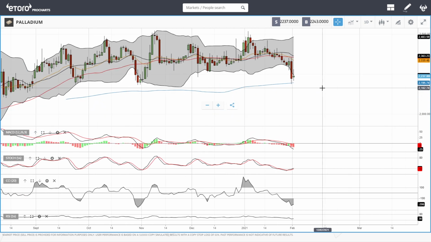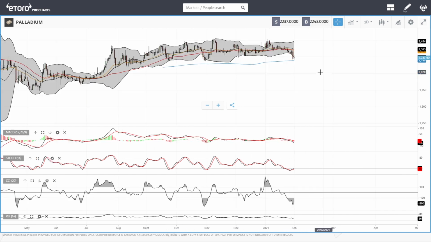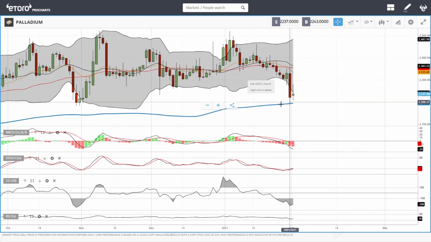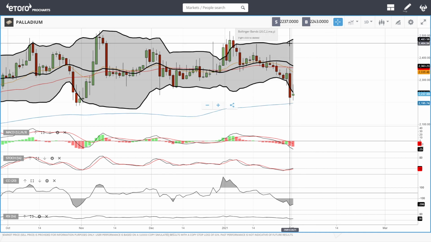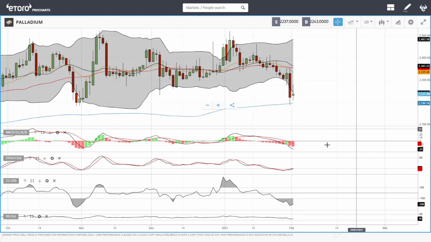So as you can see, we fell all the way down to the bottom, to the 200 moving average. We are trading within this square here. We are way down here in the bottom. And usually what happens after this, we rally to the upside. So we can get rid of this. We are also outside of the bullish band here. That's why we saw this rally. We're still outside the bullish band.